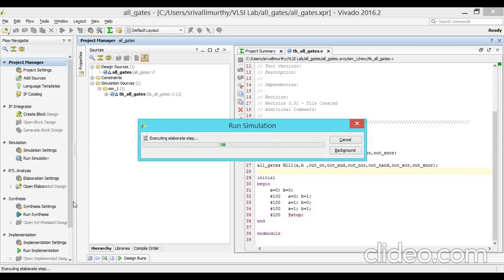Even inbuilt IP cores are available, and you can create your own IPs. IP core development tools are available. Debugging tools are available. Even the programming tools, like iMPACT, and bit file generation tools are available. So many features. That's why we are using Xilinx software.